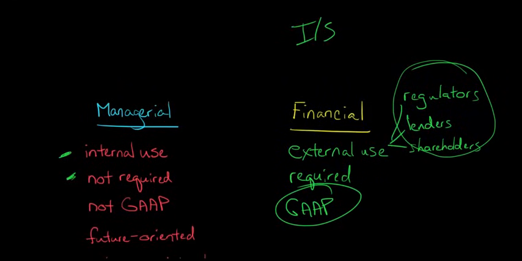And when we think about what these numbers are used for in terms of managerial accounting, we're looking at the future, right? We're making decisions about, okay, what is it going to cost for us to produce this number of units? What are we going to budget? What's going to be our budget for marketing expenditures next year?